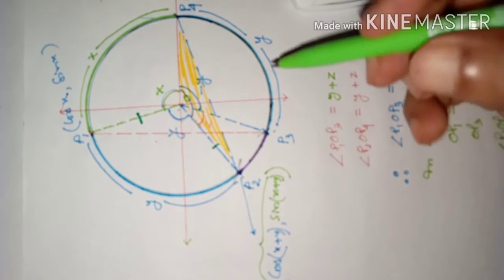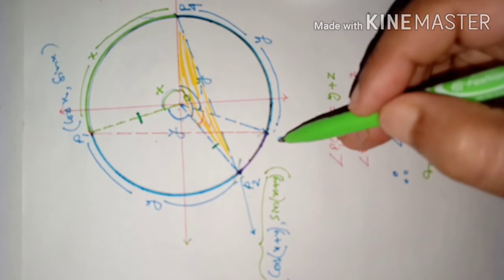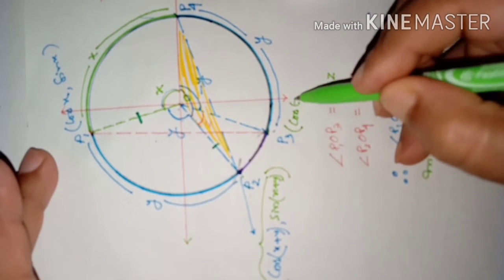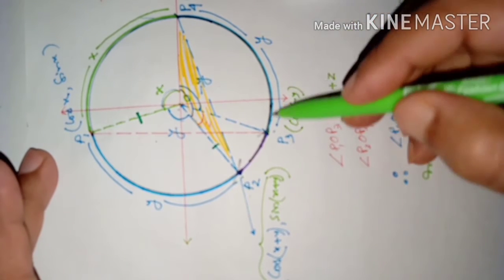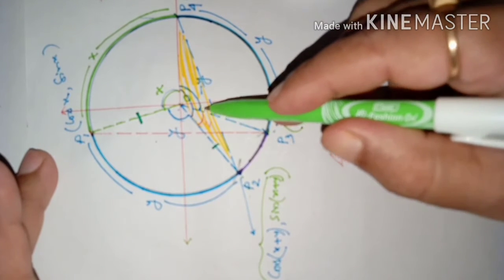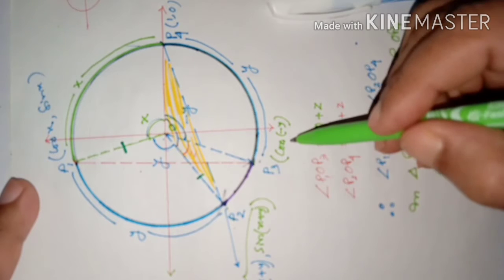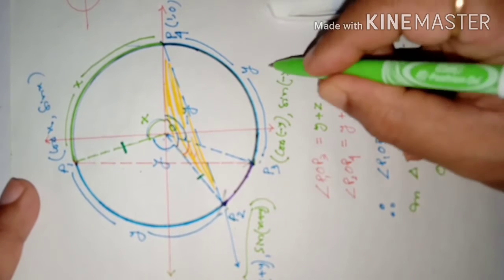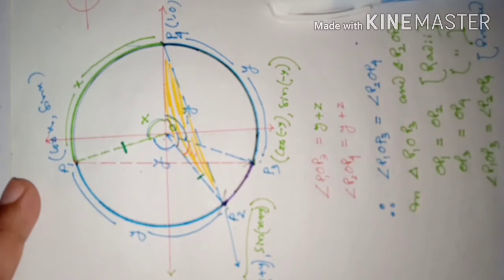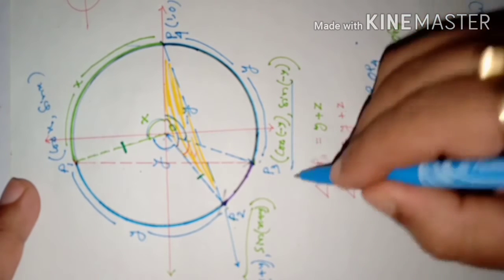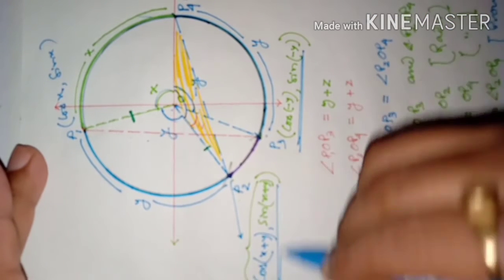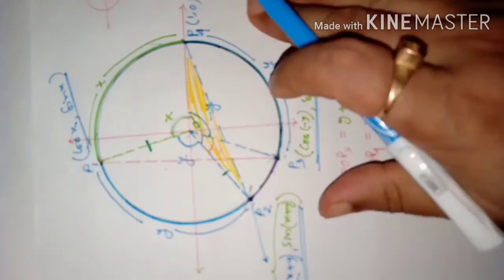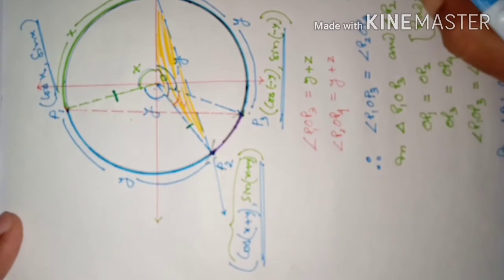P3, since it is from this side you are forming, its coordinate you can say like this: cos of minus y, because this angle is minus y radian, so that's why its abscissa will be cos of minus y, comma, sine of minus y. Okay, dear students, this is the coordinate of the point P3. This is the coordinate of the point P2. This is the coordinate of the point P1. Are these points clear, dear students? Okay, this should be clear.